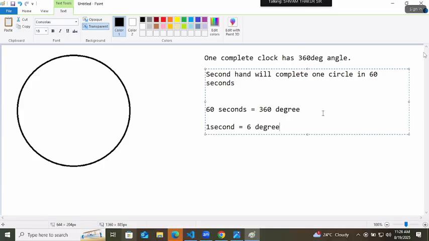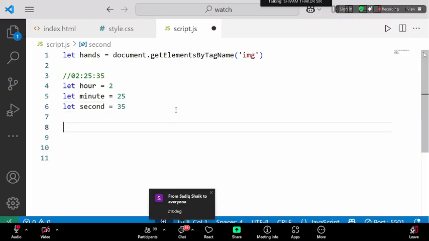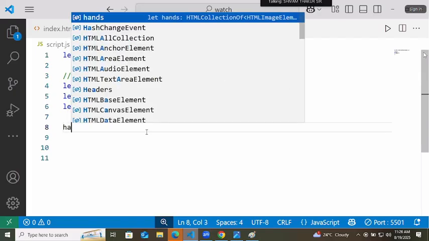Okay, so you understood that in 1 second, the second hand will rotate by 6 degree. So when you get 35 seconds, now you know what JavaScript will do?